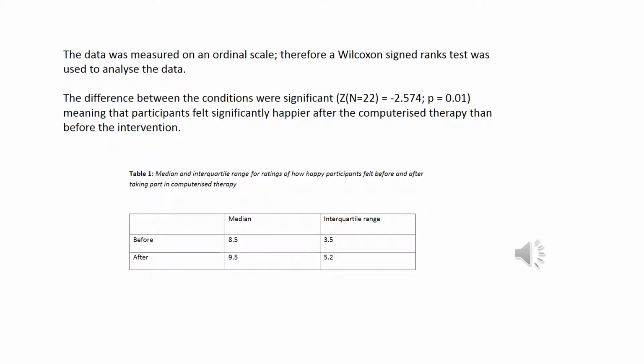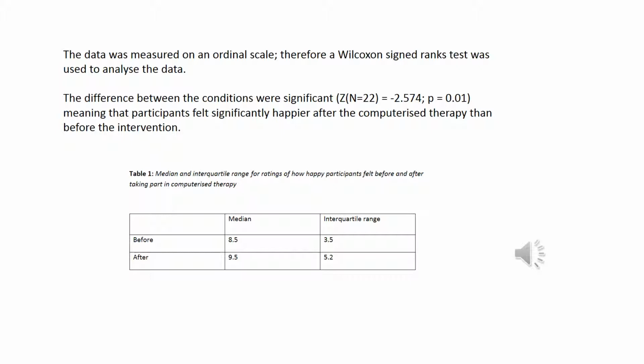Okay, so this is how we would report the findings. We would state that the data was on an ordinal scale, therefore a Wilcoxon signed-ranks test was appropriate to analyse the data. You would then state that the difference between the conditions was significant, and we would take